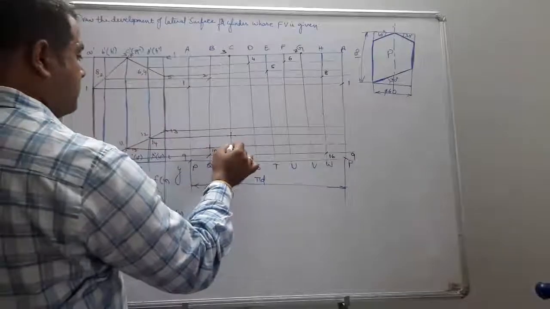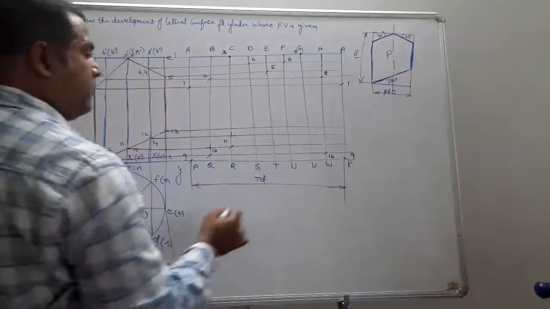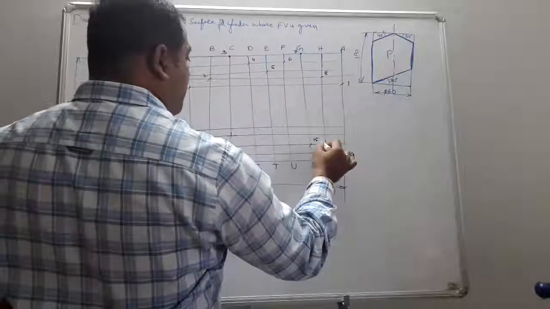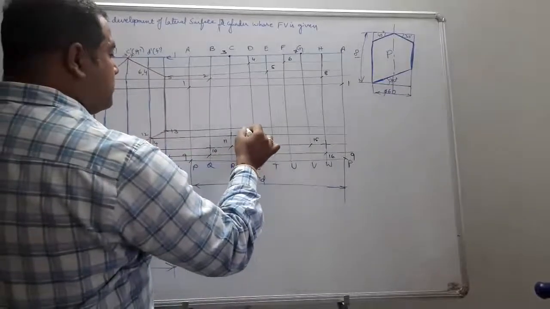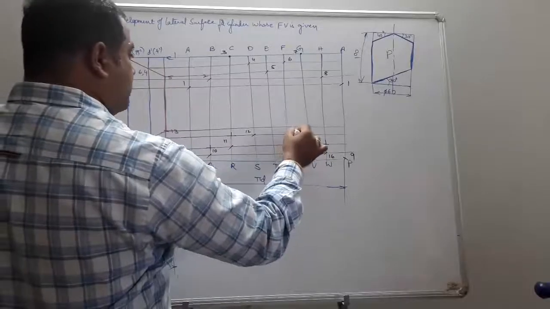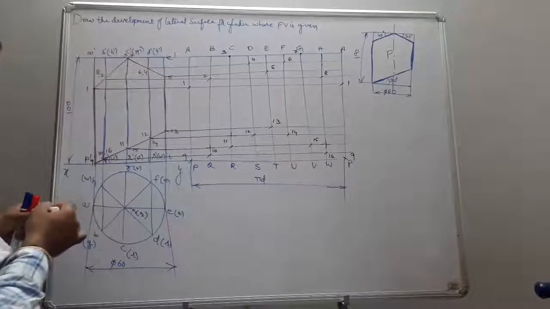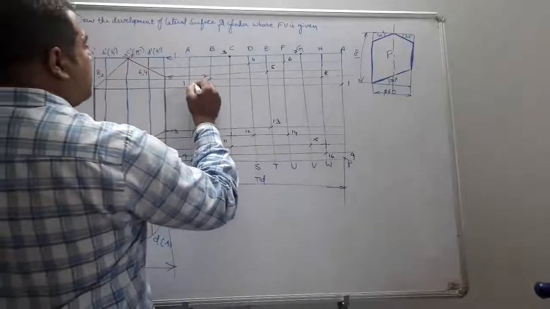V, so it becomes your 15. Similarly, 12. 12 is on S, so this becomes your 12. So this becomes your 14, and this becomes your 13. Now join all the points. So that means 1,